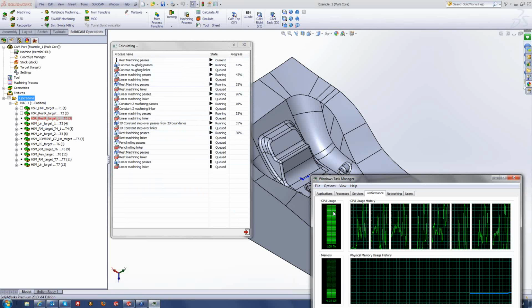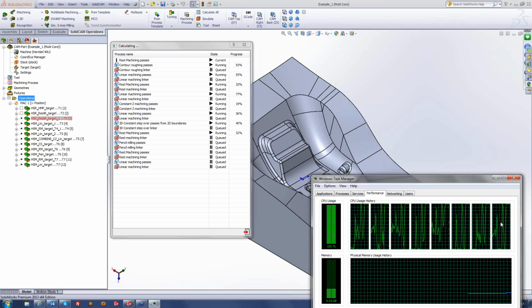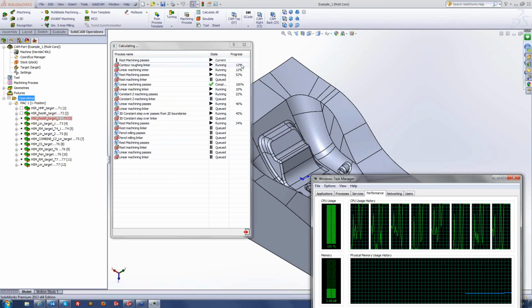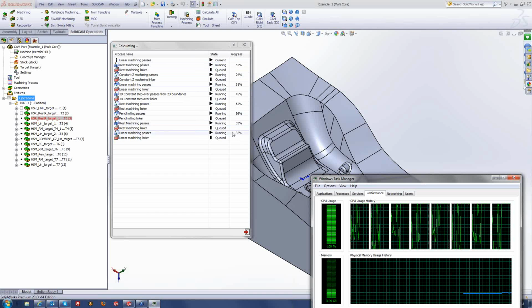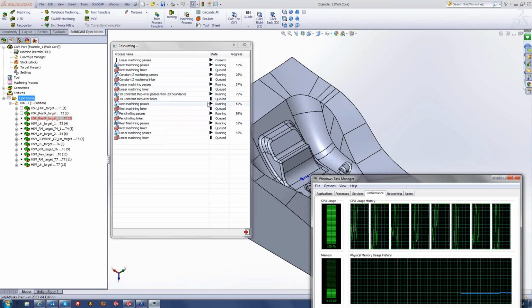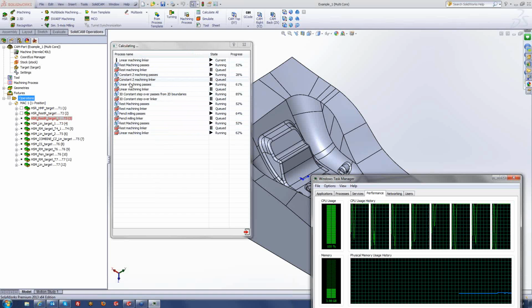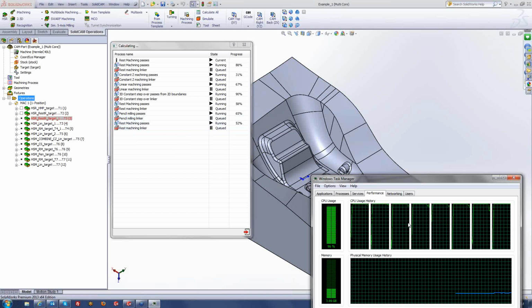You can see the CPU works 100%. All the cores are working, and in this process you can see that I calculate all the operations. You can see the status here: first I calculate the passes, after this the link, after this we collect all the tool path. In this dialog you can see what happened here. Now I send each operation to a core, and you can see the CPU